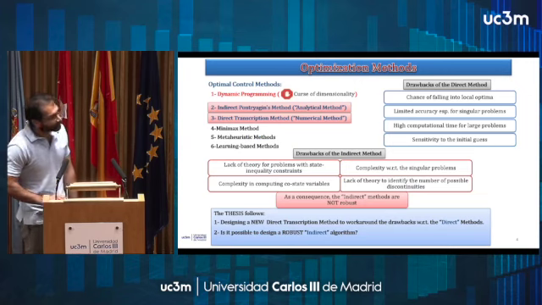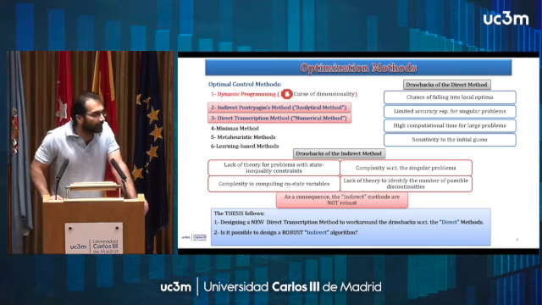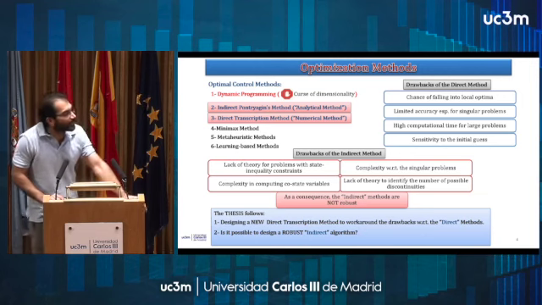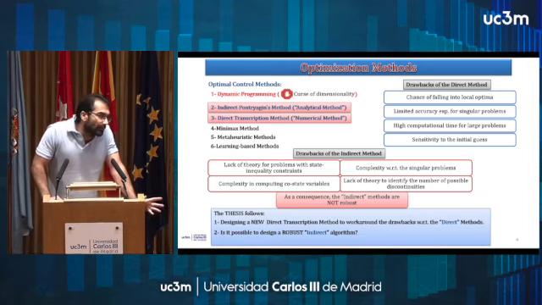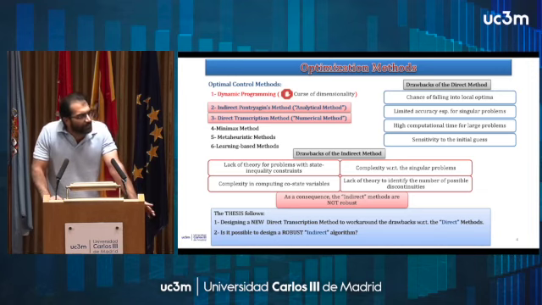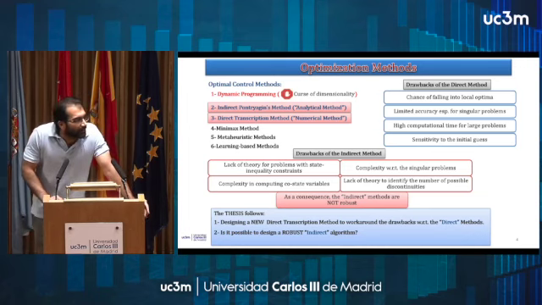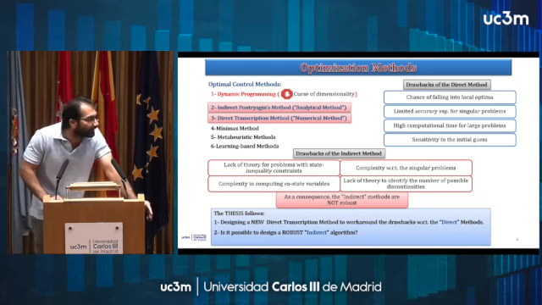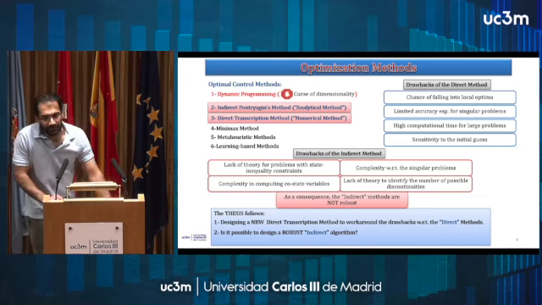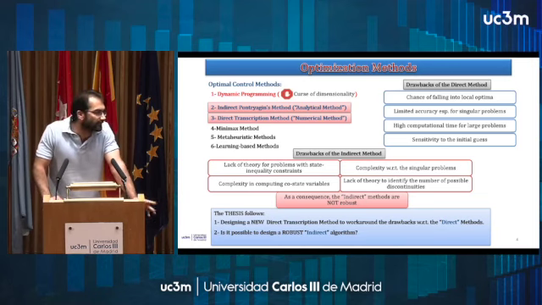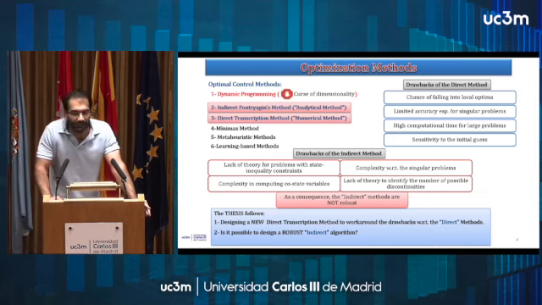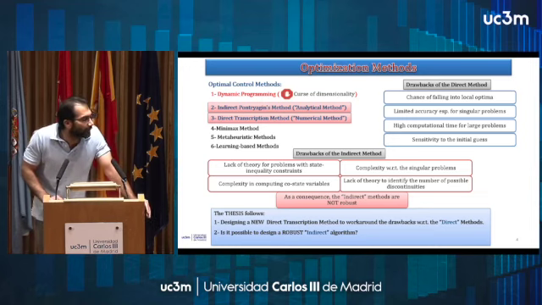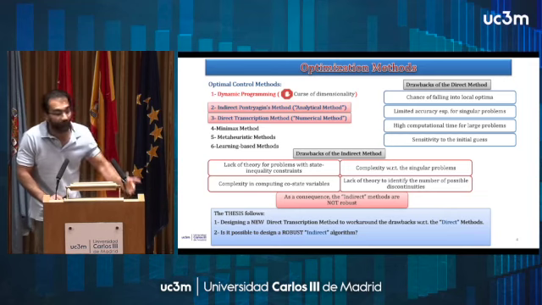As for the optimization methods, we have different methods here: dynamic programming, the indirect Pontryagin maximum principle, the direct transcription method, also known as the numerical method, the minimax method, which is based on the principle of game theory to some respect, and metaheuristic methods such as genetic algorithm, particle swarm algorithm, and simulated annealing, and learning-based methods that use the architecture of a neural network to optimize a given objective function in a parametric form.